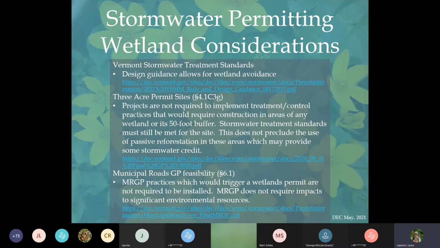So we are certainly in favor of those types of practices. The municipal roads general permit also has feasibility standards where you are not required to place MRGP practices within wetland or buffer zone.